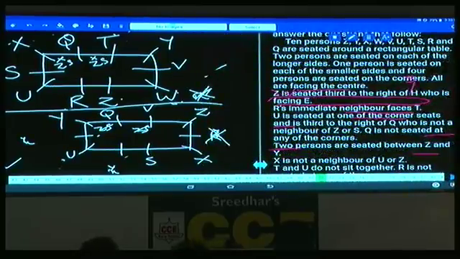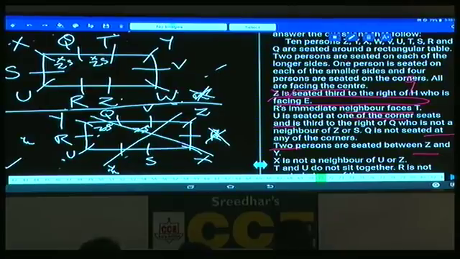R cannot be here. Similarly, if you take R at this place, then R's immediate neighbors are Y and U, and their opposites are already there. Hence R's neighbor facing T is completely ruled out in this case. Or else if you take R at this place, is there any chance? There is no possibility for this one. Hence finally we are left with only one case.